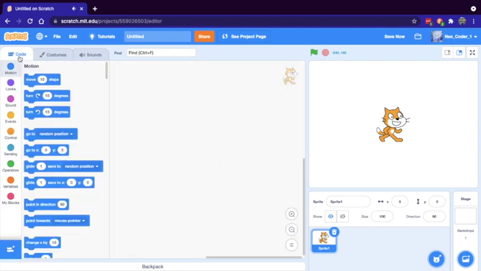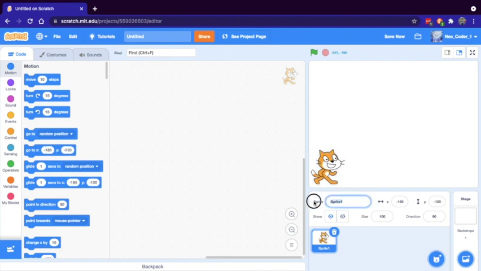Yeah, so let's go to code. And now if you want this sprite, you can use it. I'm going to use this one because it's a beginner program. So this is the playground where you can do anything, like drag this hair. As you can see, I'm dragging. These are called sprites. As you can see, sprite 1, or you can change their name.